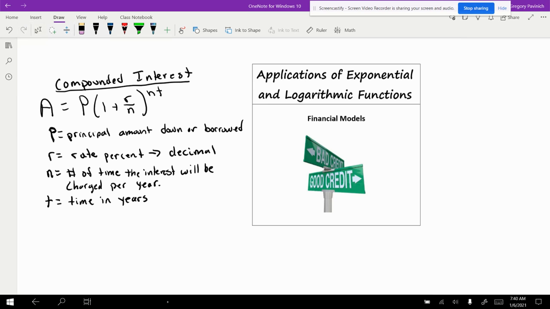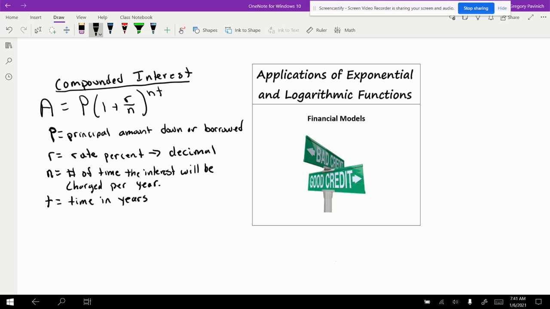Hey, today we're going to talk about exponential applications models. So today we're going to use two formulas. The main one we're going to use is the compound interest formula. And this is a financial equation that you can use to either maybe if you invest your money into a